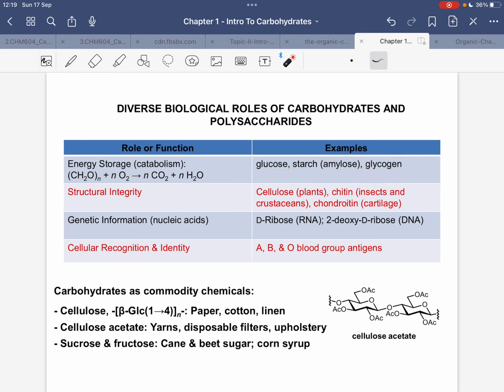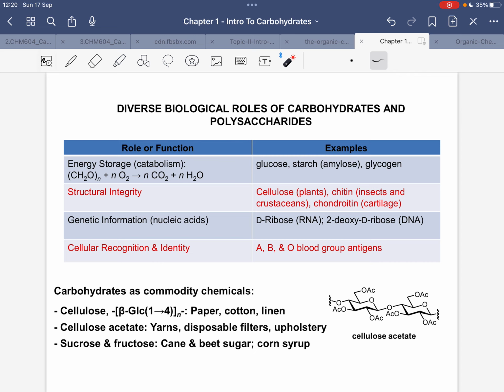Mao na nga kung gamiton na siya sa atong cells or sa atong lawas ang energy aning glycogens, i-metabolize siya, mao nga magniwang ta kay gakuan atong muscle mass. And of course, structural integrity, as what I've said, carbohydrates act as barrier. It acts as a membrane. It's like a skin for the cells. And for the plants, of course, we have cellulose na makuha nato in a form of a very complex polymer of sugars.